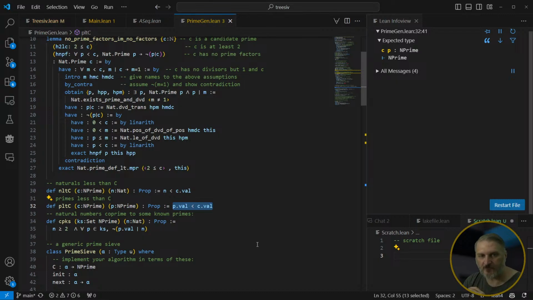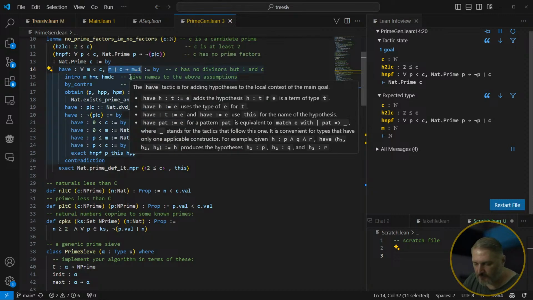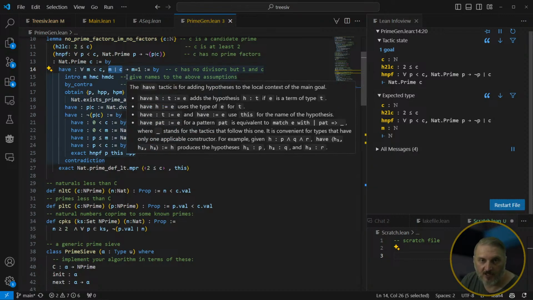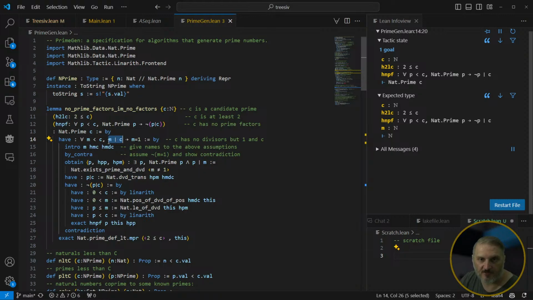But these values get passed around, and you can pass in the assertion. If you have something like this where it says M divides C, this looks like a function, but it's also like an implication. So in logic, this is an implication, and in functional programming, this is a function application. So if you have a value of this type, this prop, that M divides C, you can pass it in as the first argument to this expression, to this implication or function, however you want to look at it,